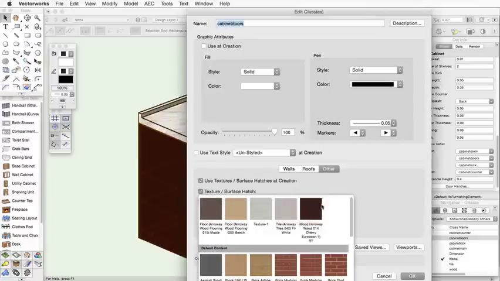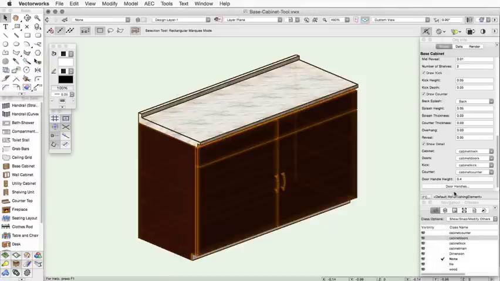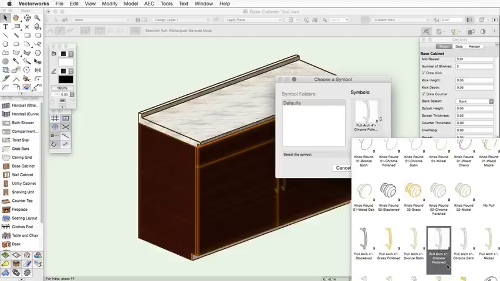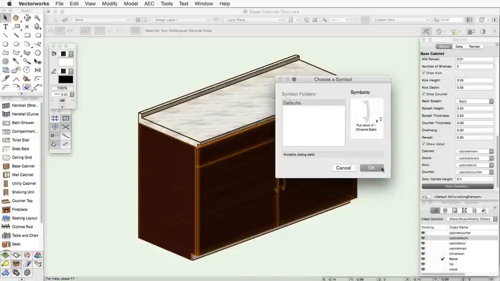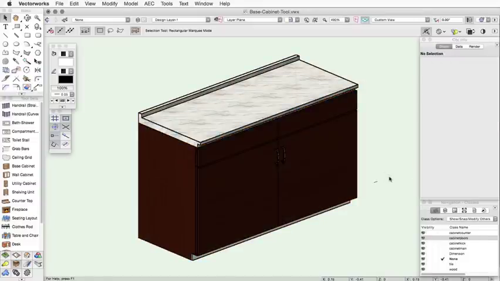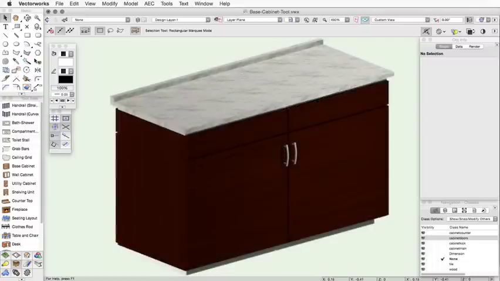You can add hardware to the door by clicking on the door handles or drawer handles buttons. These will open a dialog where you can choose symbol geometry from the default content. Once you select the door handle and click OK, you can specify its height on the door by changing the door handle height field. The Base Cabinet tool gives you the ability to easily create cabinets and to customize them